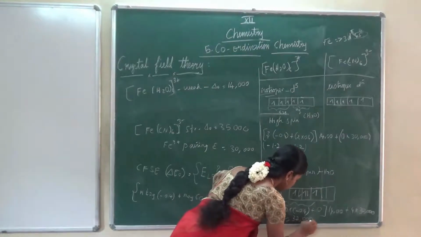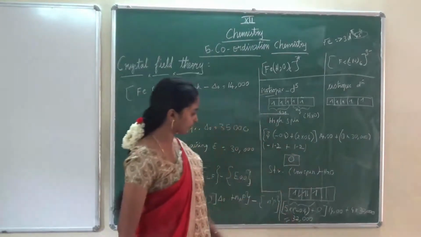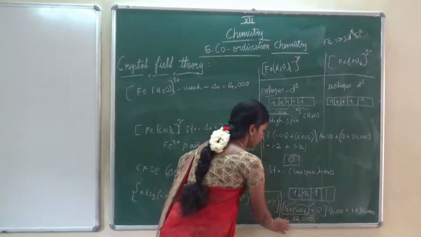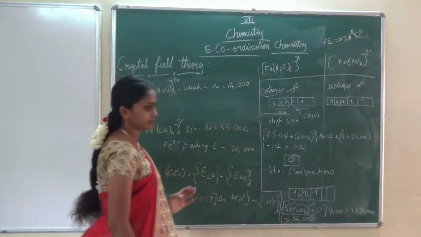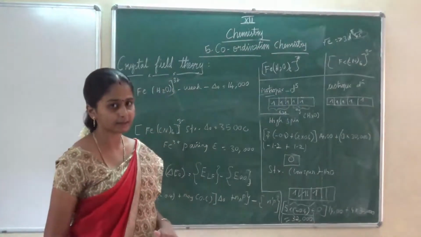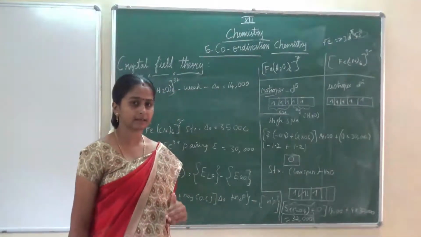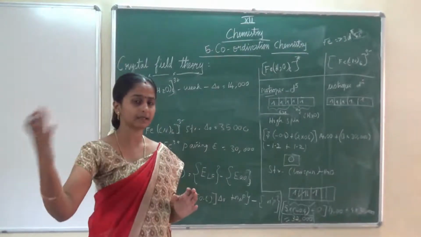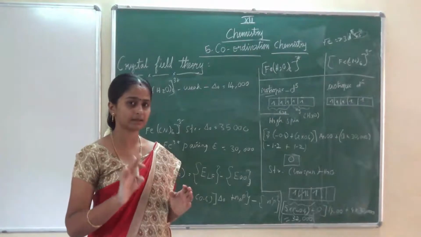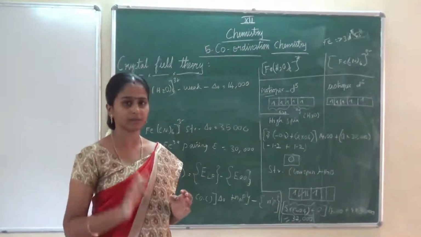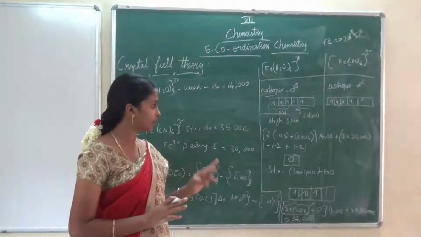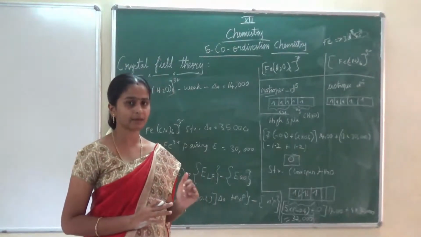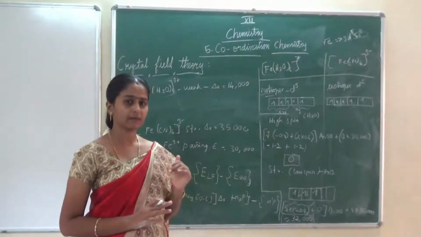Here I can get this answer, 32,000. So when you compare these values, the crystal field stabilization energy, you must get the lesser value, then only it is correct. If the values are increasing in the positive direction, then there is no possibility of forming such a type of complex. When comparing these two values, the complex with the lesser value is the one we will get.